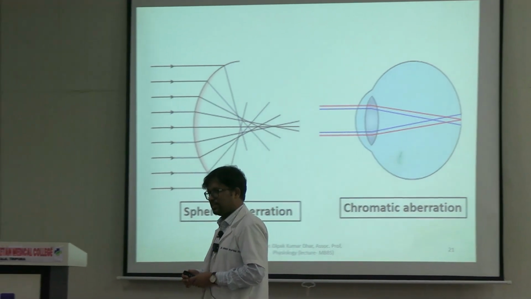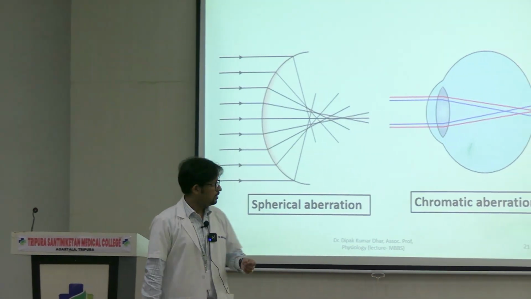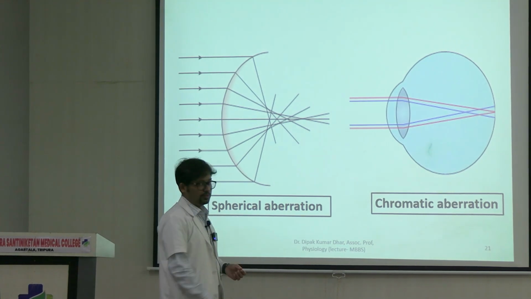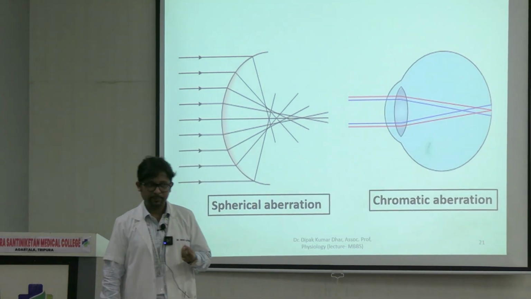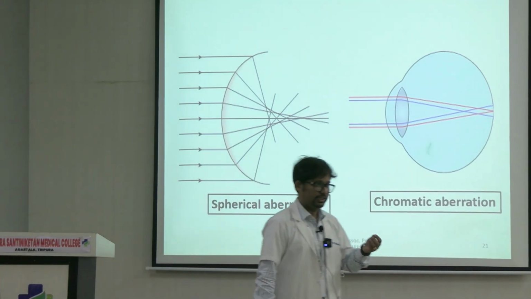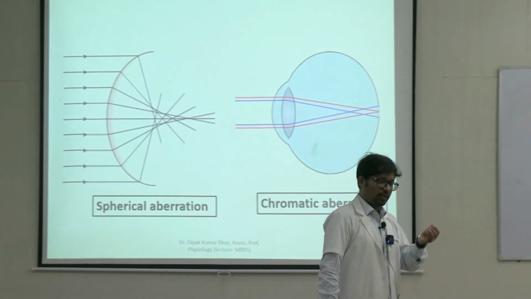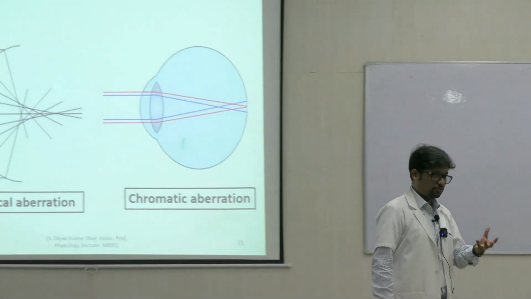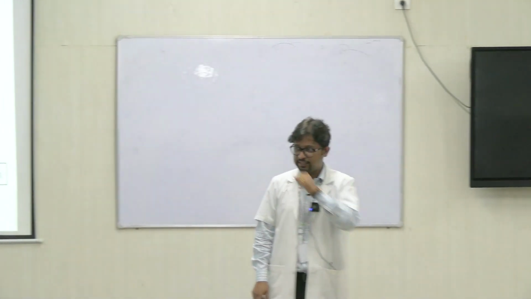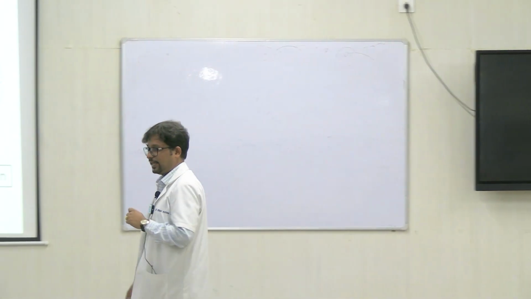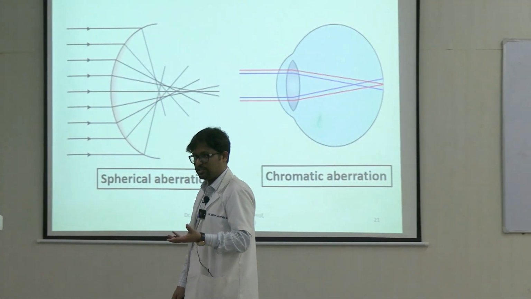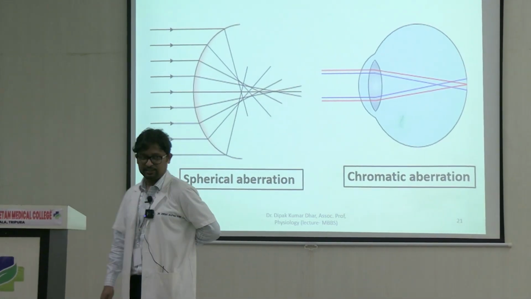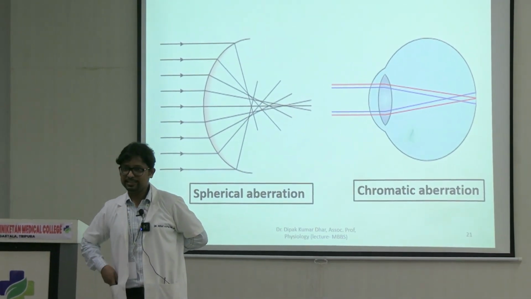Chromatic aberration explains why blue light, the blue wavelengths, focus slightly in front of the retina. The red ones are able to reach the retina, right. So I gave you one instance to think about. You will always find that the indicator lights of ambulances, and indicator lights in vehicles and all, are always red in color. Why is it like that? Did anyone think about it?